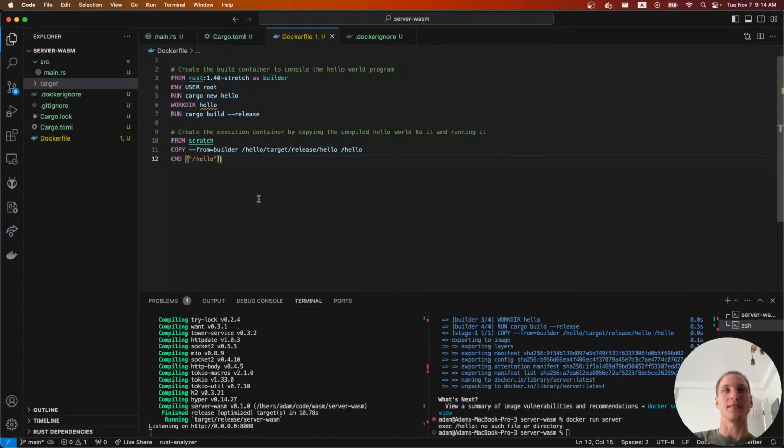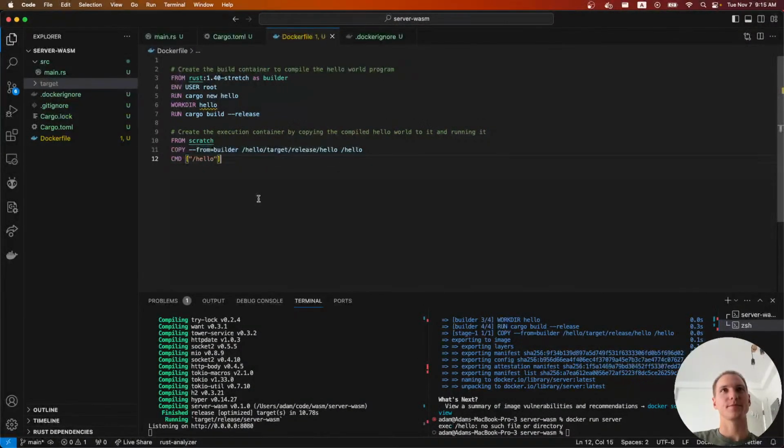But I think there's some argument that WebAssembly could be a replacement for Docker altogether. But then there's also the fact that all of our tooling has already been built around containers. And so essentially what Docker did is it allowed you to just run WebAssembly inside of Docker,